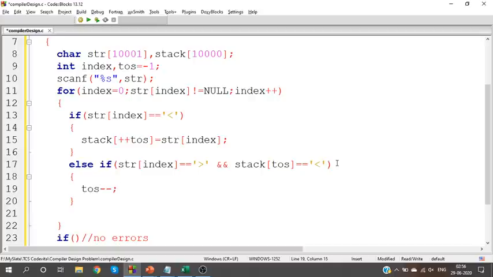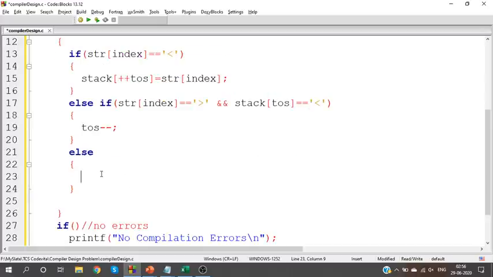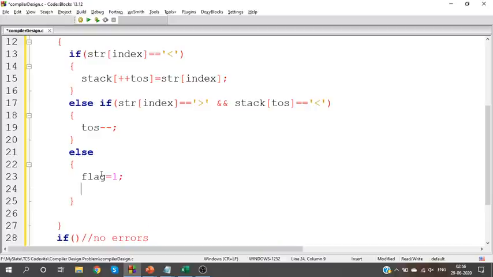To pop the element, just reduce the index. If I don't have this, then it means my brackets are not balanced. For a close bracket, if I don't have an open bracket, brackets are not balanced. In that case, use a flag variable, set it as 1 and break. You can do it without using a flag variable also. For convenience, I'm using a flag variable here.